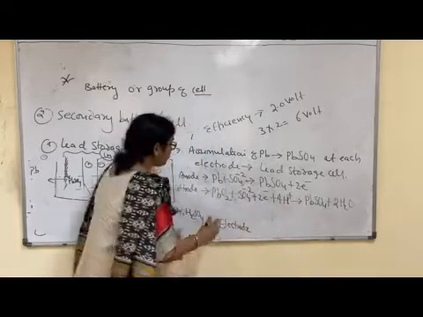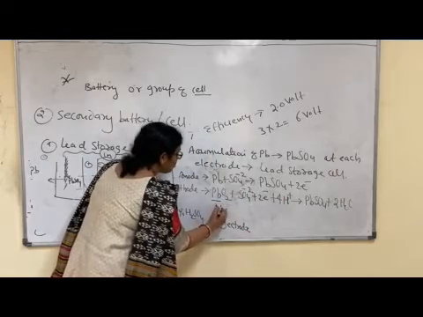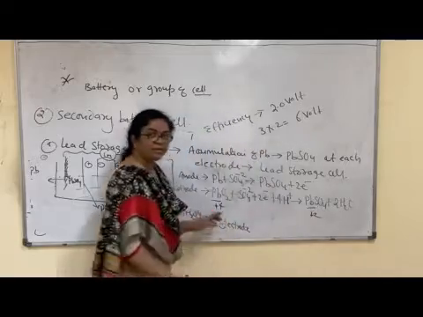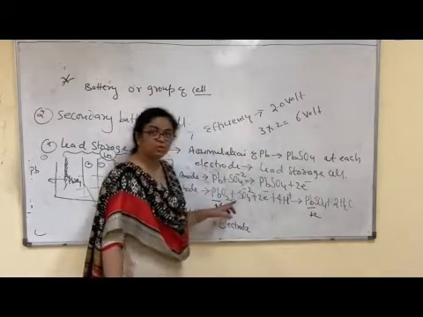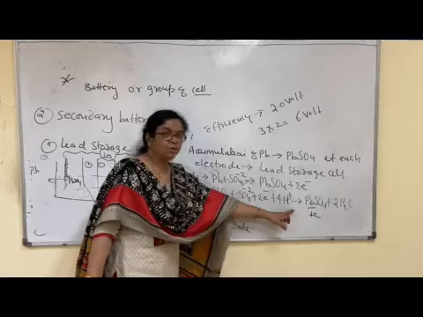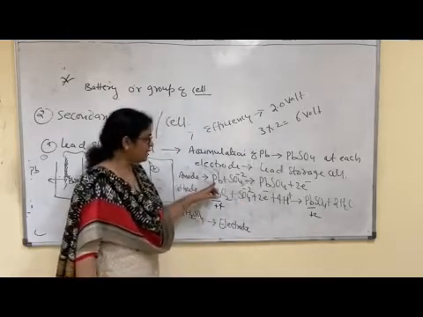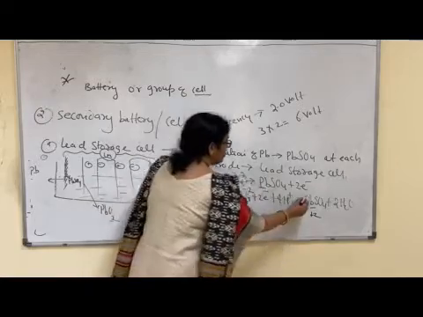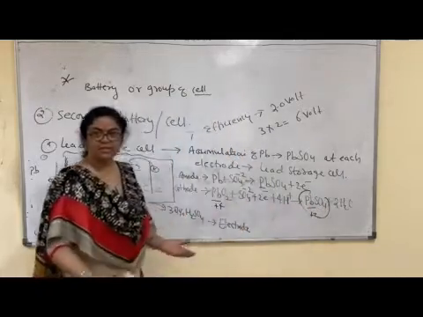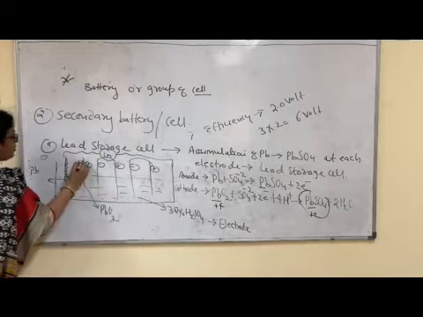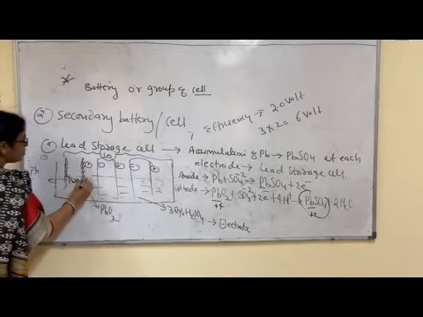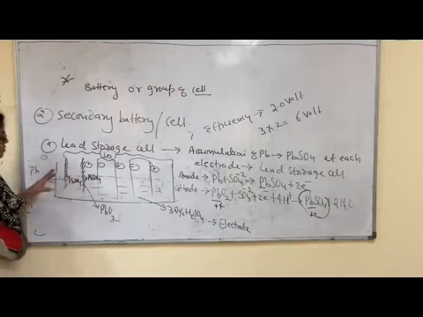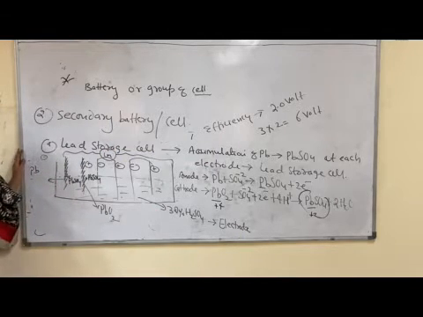You can verify. The oxidation state of lead is +4. Now the oxidation state of lead is +2. In this manner, lead is reduced from +4 to +2. And lead is oxidized from 0 to +2. Right? What is observed, children? At each electrode, a thin coating of PbSO4. Right? So this is the working state of the lead storage cell.